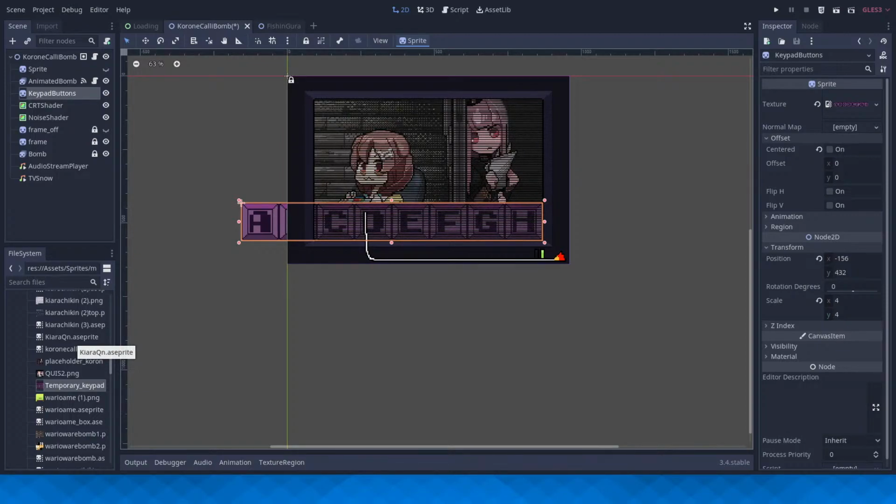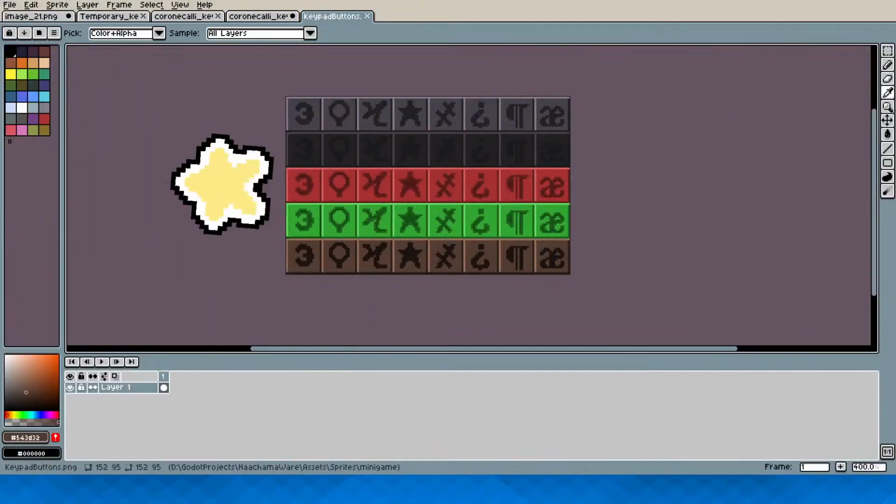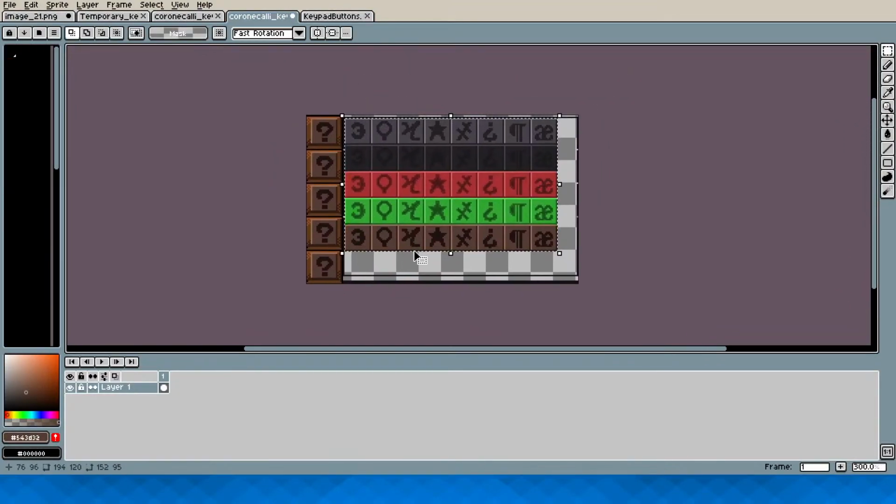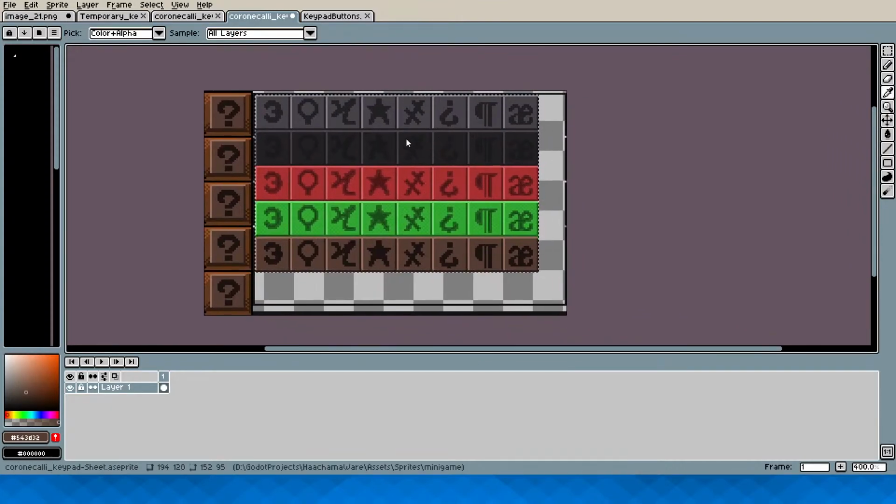Okay, so new sprite, just paste this in, and Control S, keypad buttons dots png. Okay. Oh, I am not recording a sprite. I am stupid. I am very sorry. What I did was this. I am extremely sorry. Sorry. Help. I did not mean to not switch to a sprite.